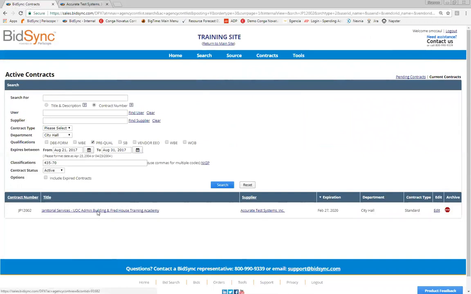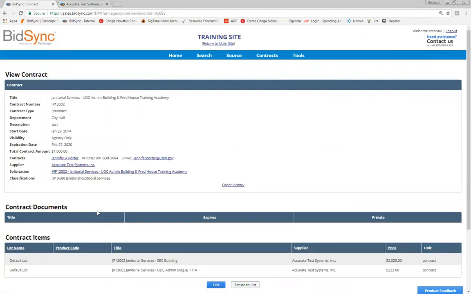If we actually want to dig inside the contract to see the information that was attached or created by the creator, we'll click on that link and it will take us inside to the contract details page. So here we have all the details of the contract. We can see when it started, the visibility, so it's for our agency only, the expiration date, the total contract amount, who the contact is within our agency, the supplier, the solicitation that this contract came from, and we can